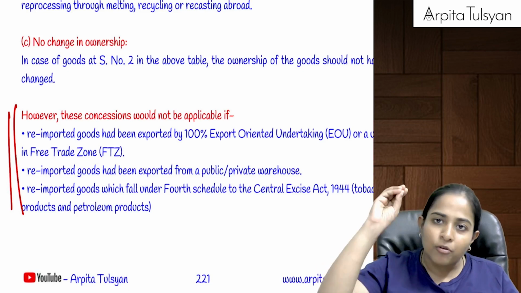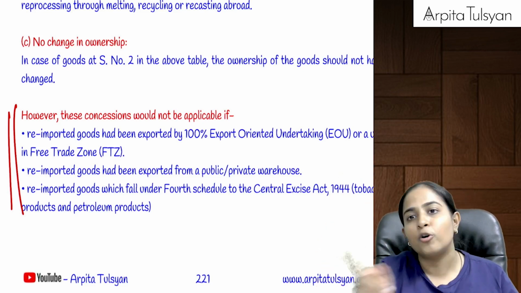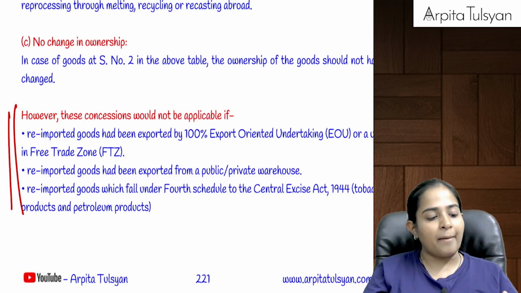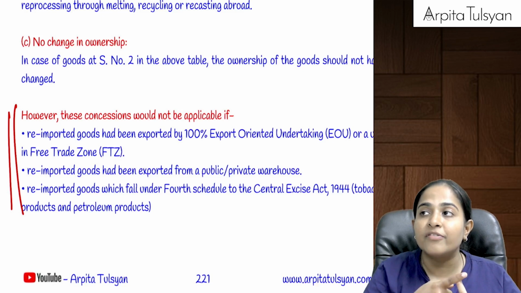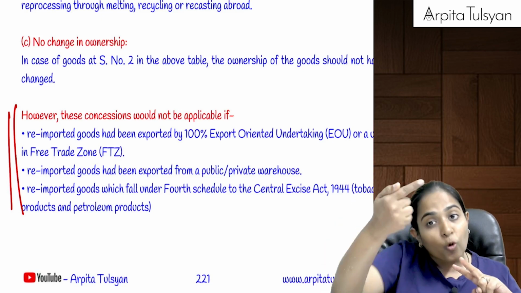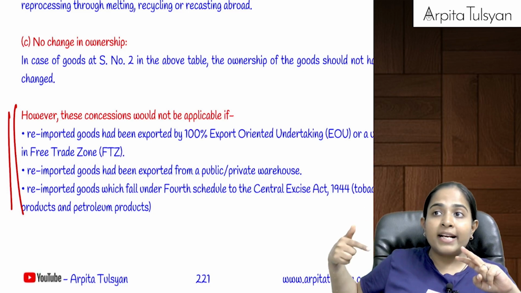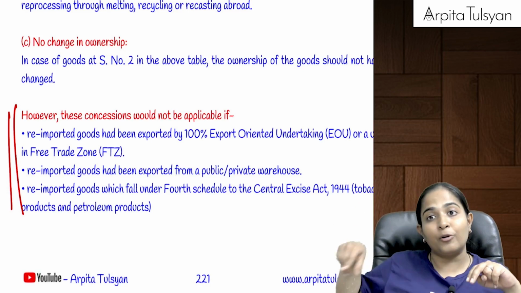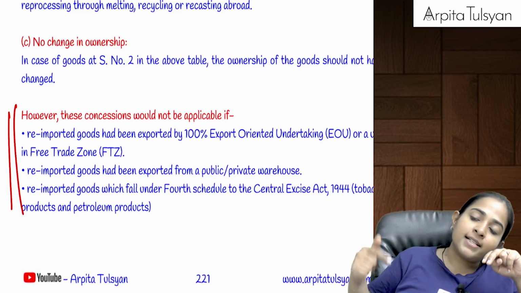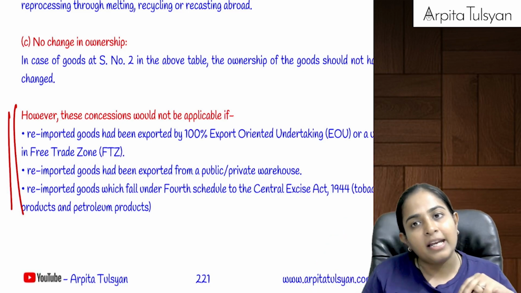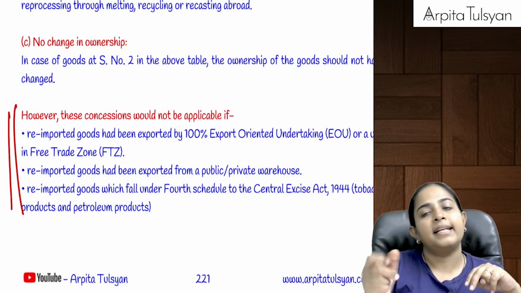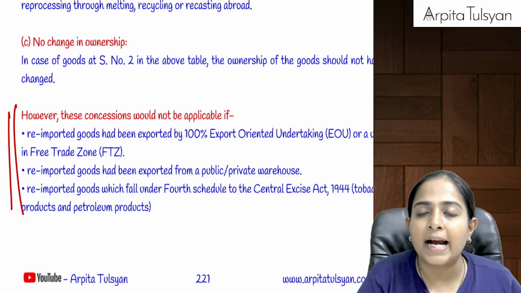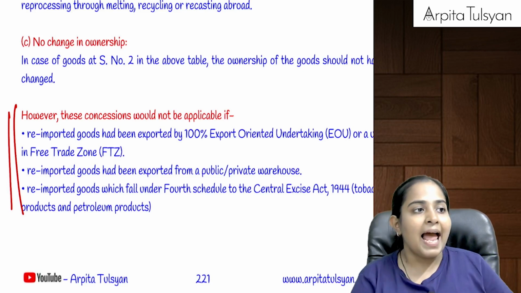We are telling them your work is to do full export, that is permanent export, no need of doing the re-importation. So if they are doing the re-importation, this concession is not applicable. Second point, if there are some goods which were exported from warehouse and those goods are getting re-imported. See, when you had kept the goods in warehouse, there was no duty on that because duty is leviable later on. So if you are exporting the goods from warehouse and then re-importing the same goods, then this will be considered as normal import, and your normal customs duty will be applicable in such cases.